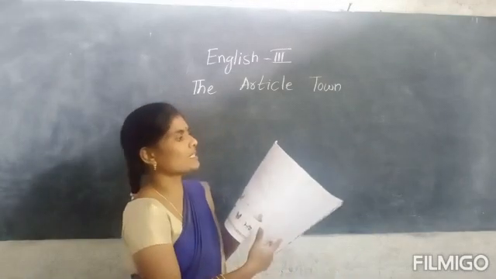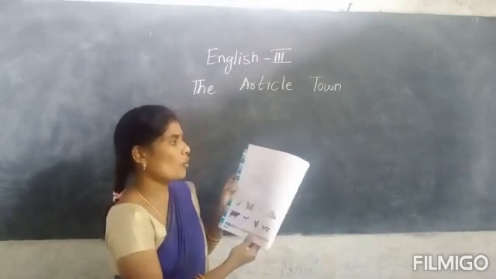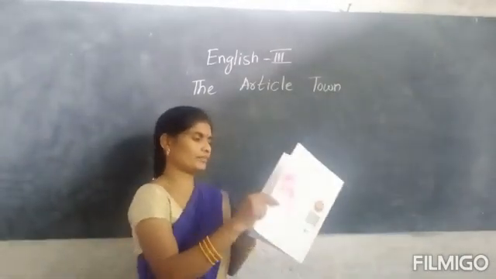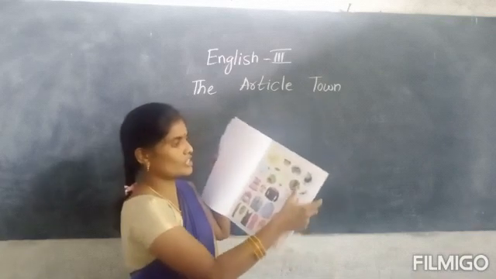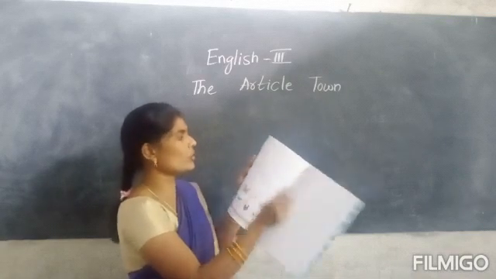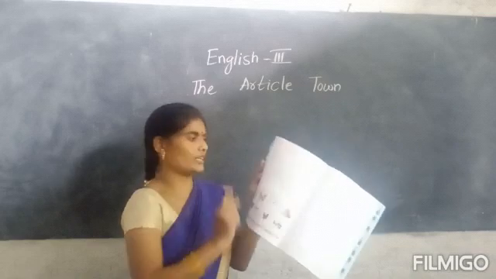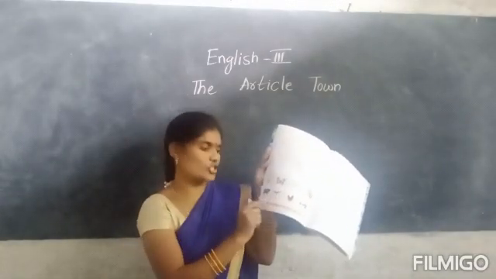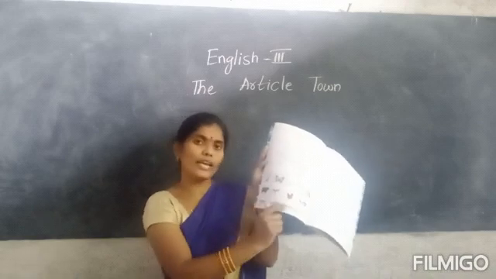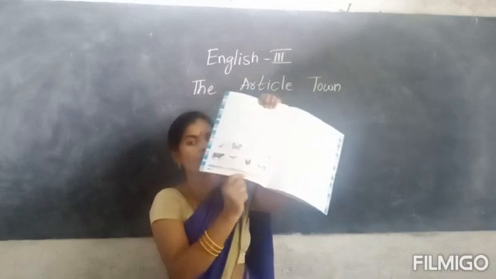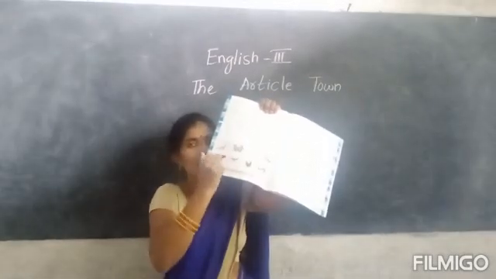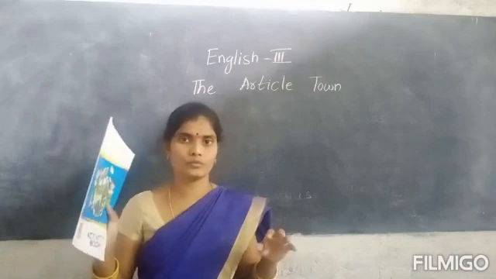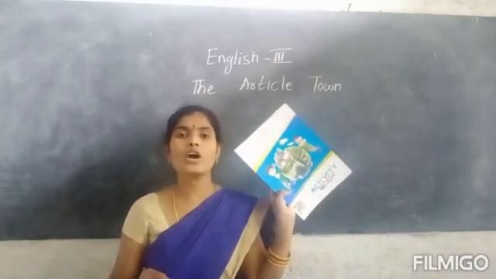Help the animals reach their homes by pasting stickers. Here stickers are there. Stickers ఉన్నాయి కదా, దాని homes ఏంటో ఇక్కడ మీరు paste చేయండి. Here, what do these animals eat? ఈ animals ఇచ్చారు కదా, ఈ animals ఏం తింటాయో ఇక్కడ food habits కూడా ఇచ్చాడు. ఈ blanks అన్ని fill up చేయండి. Okay? The activity book is homework to you.